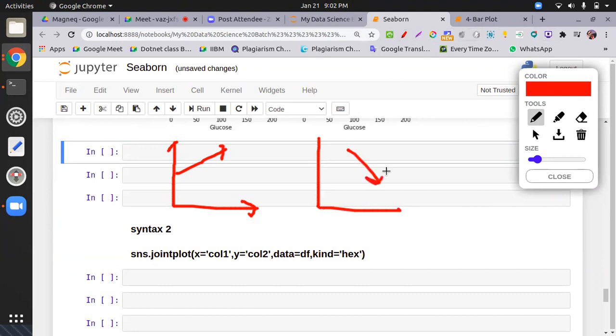This is a negative slope. An example of a positive slope: your experience is increasing, your salary is increasing. Means with respect to x, y is increasing. What is a negative slope? If the pollution of a city is increasing, the house price in that city will decrease. If the crime of a particular city increases, the house price will also decrease. Means if the value of x increases, the value of y may decrease. That is a negative slope. That is the fundamentals of regression.